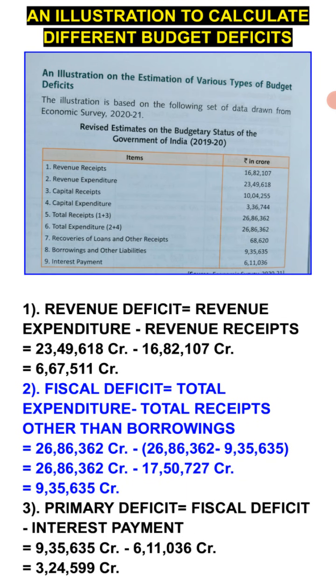Now just see, an illustration is here, and through this illustration we are going to calculate the revenue deficit, fiscal deficit, and primary deficit. Very first, the revenue deficit formula is revenue expenditure minus revenue receipts. So you are given the revenue expenditure amount. You can see that it is the second point, the revenue expenditure. Thereafter the revenue receipt is the first point. So we will subtract the value of